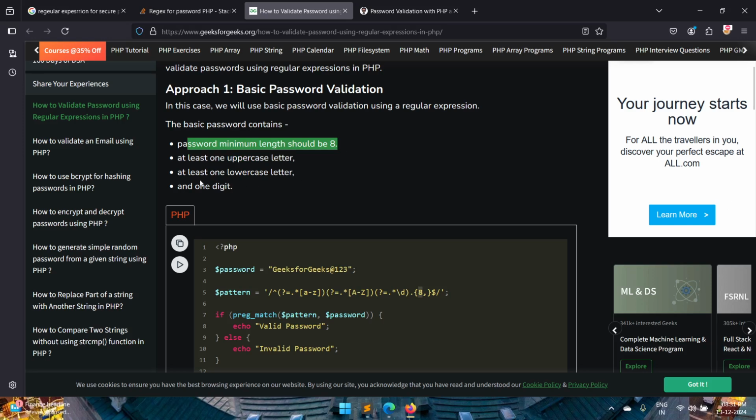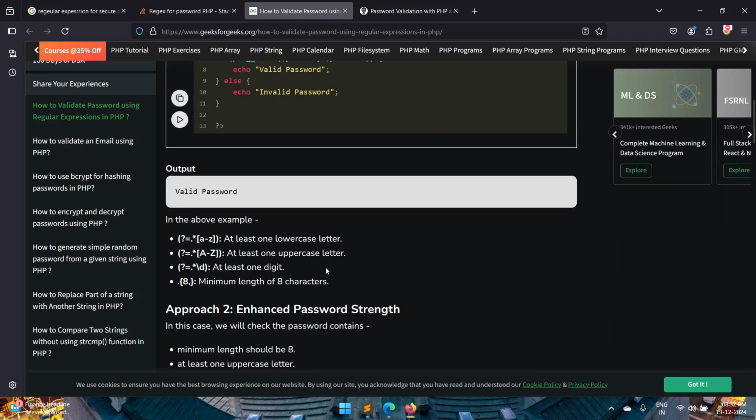At least one uppercase letter, here you can see capital A to Z, that is one uppercase, and small a to z is the lowercase letter, and at least one digit. The slash d is for the digit, and this is the complete symbol of our regular expression pattern. This is the first approach,